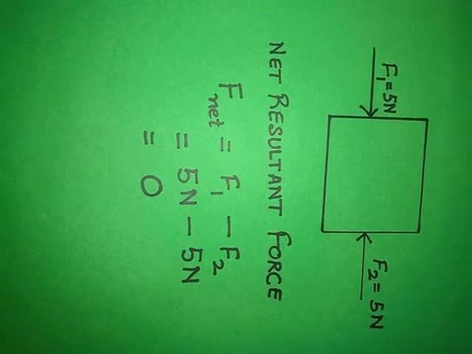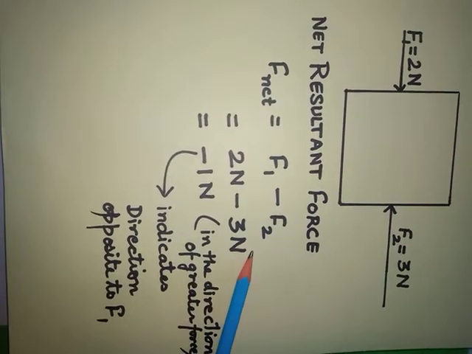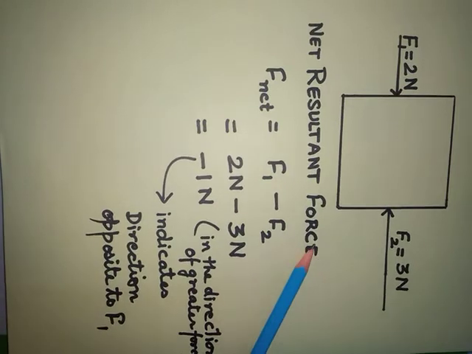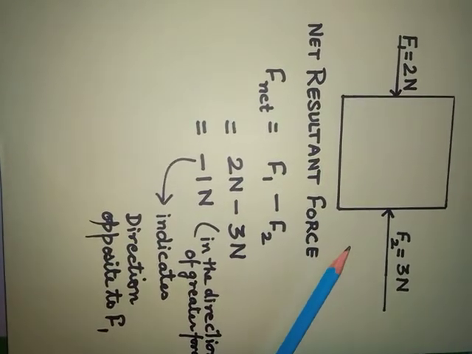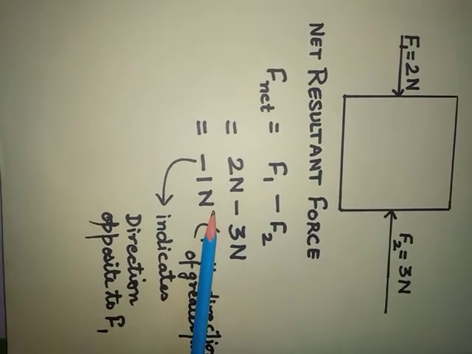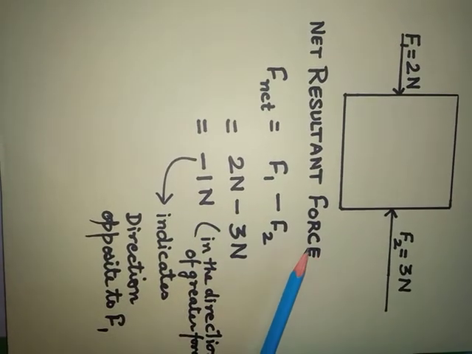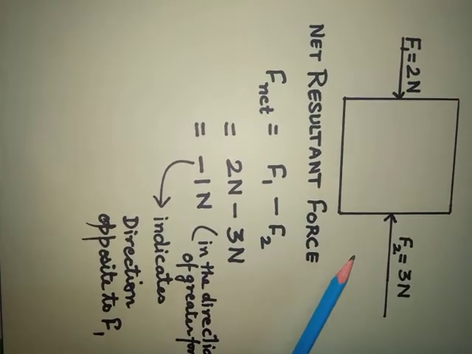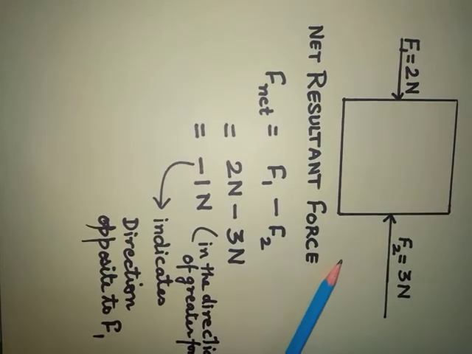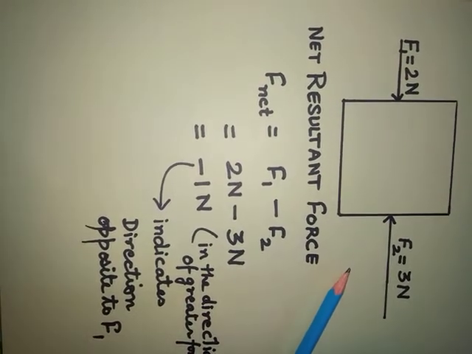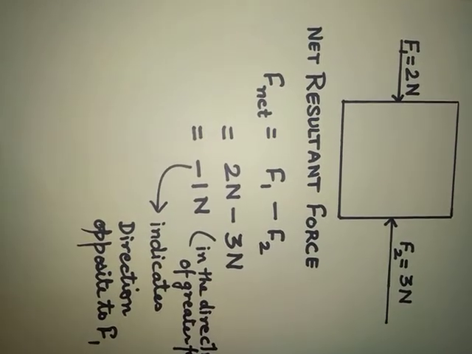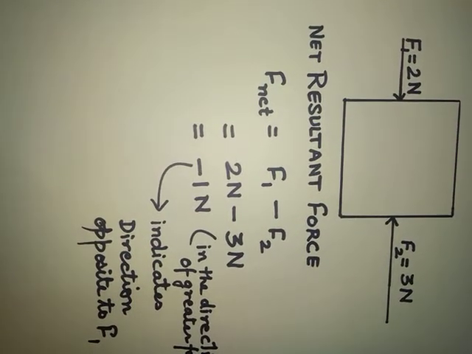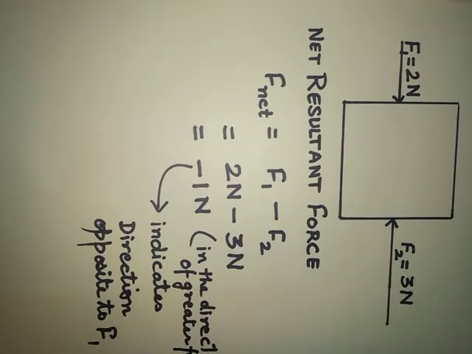Then about second case. Second case was about unbalanced forces. Unbalanced forces are unequal forces. Their net resultant force is not 0 and they can cause change in state of motion as well as change in shape or size of an object. So I hope you are clear about the difference between balanced and unbalanced forces.